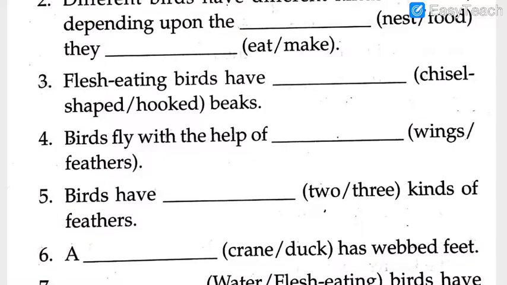Number 5. Birds have dash kinds of feathers. Options are 2 or 3. Birds have dash, 2 or 3, kinds of feathers. Your time starts now. 1,